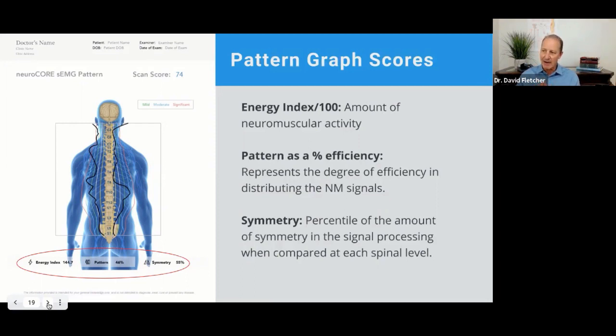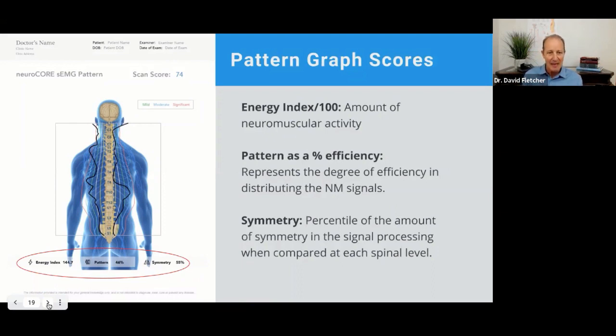I want to share with you right now that our studies indicate that in children in the 5 to 16 to 17 year range, but certainly the 5 to 13 year range, that energy index is normal to 125. And so it's important that you put that in your memory hook. We have the energy index at 144.7 on this particular person. So for whatever they are losing in that T6 to 8 region on the right-hand side, they are overexpending, putting them 44% more in their energy expenditure than we would like.